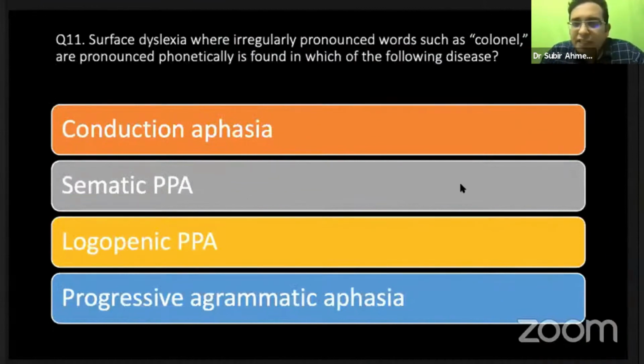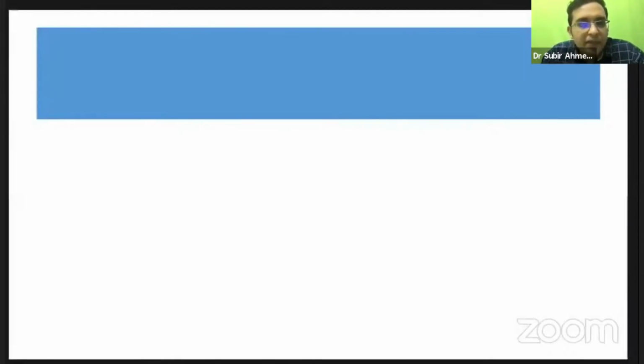But the grammar will be affected in case of progressive non-fluent aphasia. And in case of semantic variant, one more thing you have to know is about surface dyslexia. This is a bit difficult. This is for institute exams. Surface dyslexia is something like, in case of the words colonel or pint, you usually pronounce colonel as kernel. It is not "colonel" as written, it's kernel. Pint, it is not pint as spelled. So usually this kind of semantic PPA patients will pronounce them as written. So this is called surface dyslexia. This is usually seen in semantic progressive PPA.